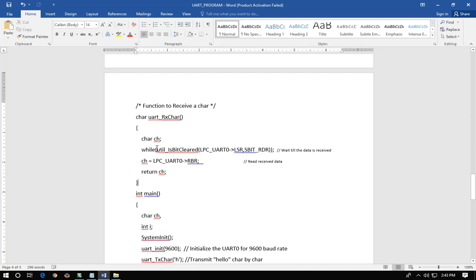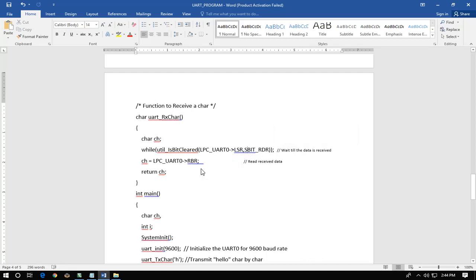Similarly, there is a function for receiving the character. Character ch is a variable defined to save the received character, and it will wait until the RDR bit is set. The RDR bit is checked here. Wait until data is received.